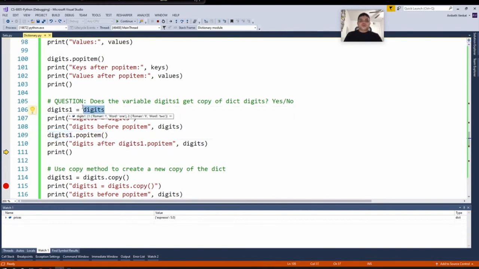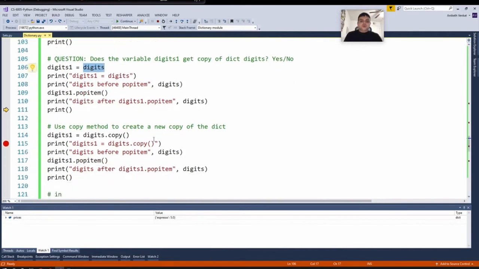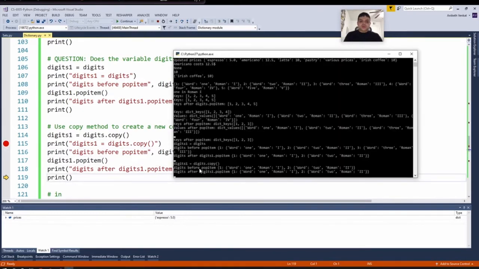So digits1 is simply an alias. If we actually want a copy, we need to instead use the method copy. This creates a new copy of this dictionary and stores it within digits1. So now when we execute this line and print digits before and after the popitem, we should see that digits should remain the same. It has 2 key value pairs before popitem, and after popitem it still has 2 key value